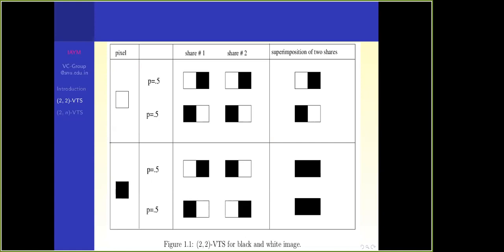Actually, sir, in the white pixel case, when we superimpose, we are not getting back the same. Same, because see, the white pixel is no longer white now. It is black and white. Right? Black is black as it is. So that type of clear-cut contrast, the very beautiful thing from the earlier picture, is not that clear now.